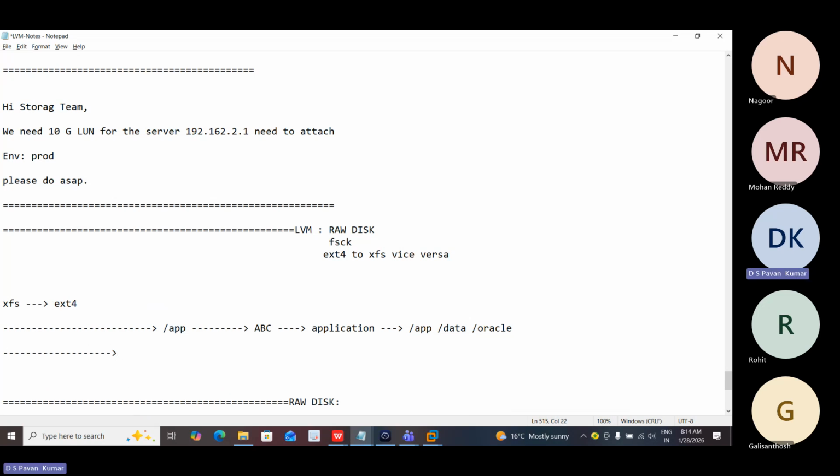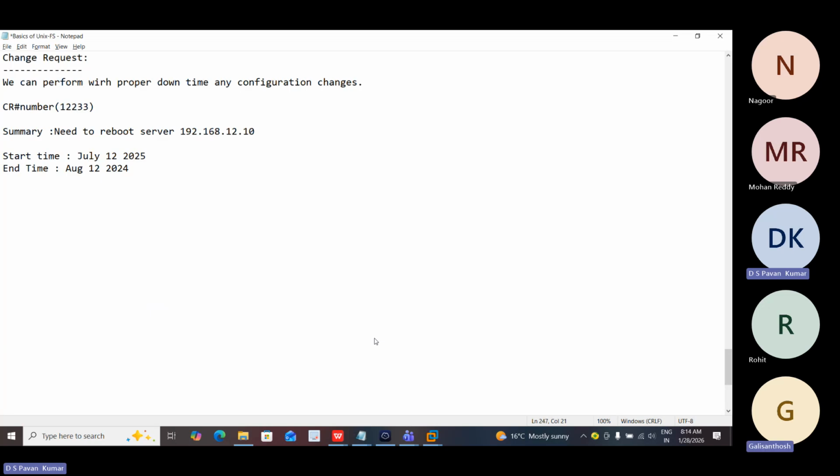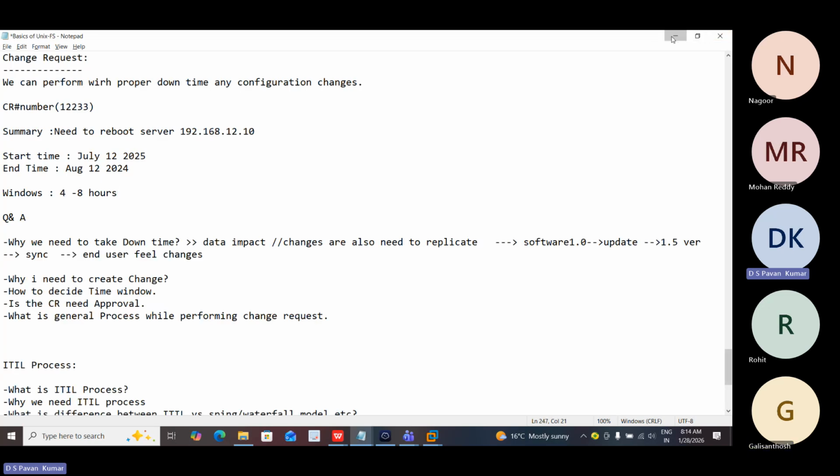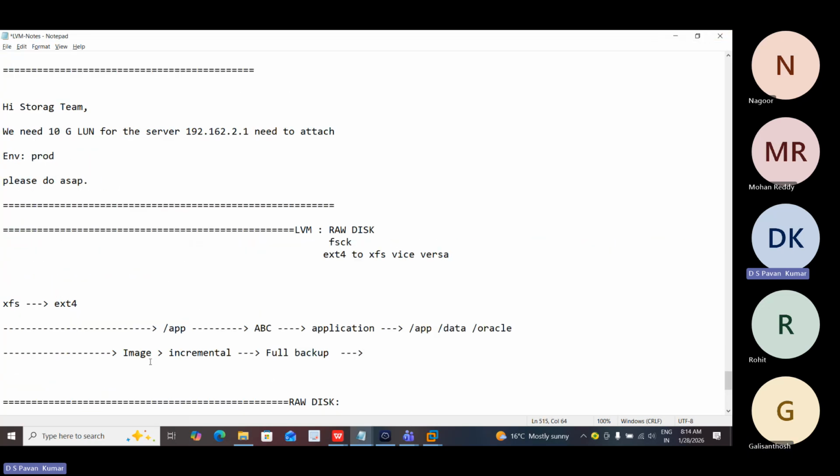Server backup means entire image capture through incremental backup or full backup. Means it's a kind of full image, right? Entire full image will be captured and it will keep on incrementing, day by day. So that is usually where we are using NetBackup